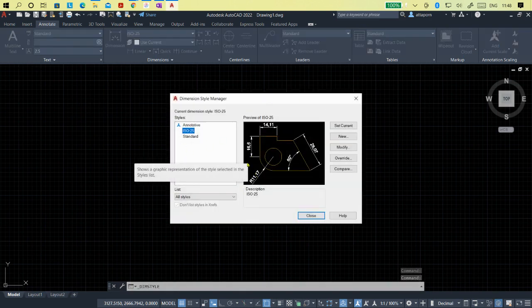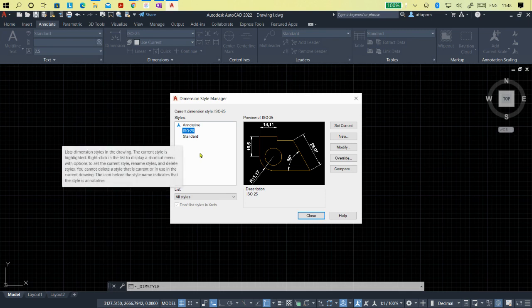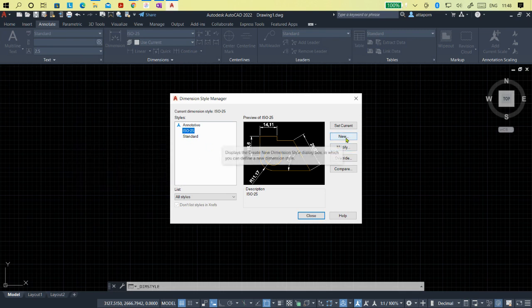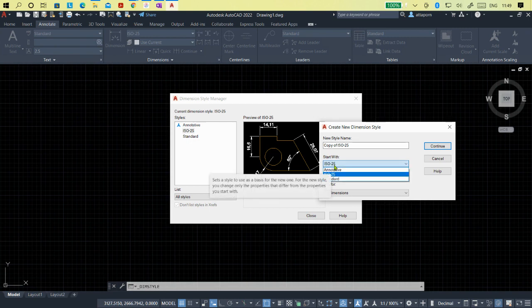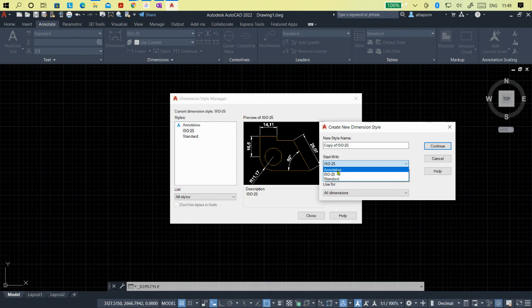This time is very important, again about the metric and inch unit. So you have to create the new ones here. Click New. This time please start with the ISO, because if you start with the annotative or something like the other, maybe inch unit. So start with the ISO, and then this one is ISO